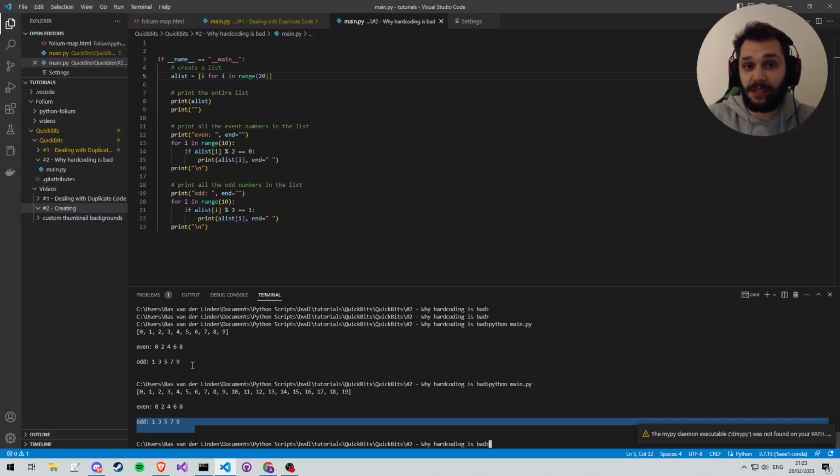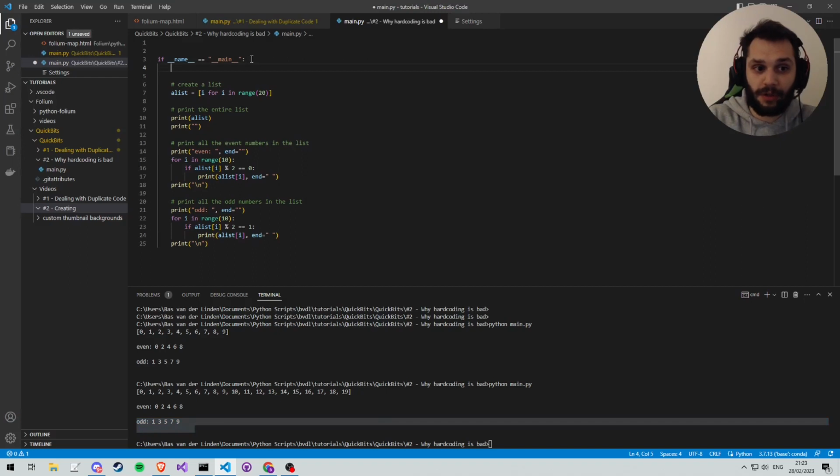So the way we fix this and prevent this is by either using a variable name for the size and using that everywhere, or picking maybe a constant variable name for the first size and then using the length of the list as a dynamic size for the for loops. So let's go ahead and make those changes. So we'll create a constant called list size. We'll set that equal to 10 for the initial test, and then we'll replace all these values